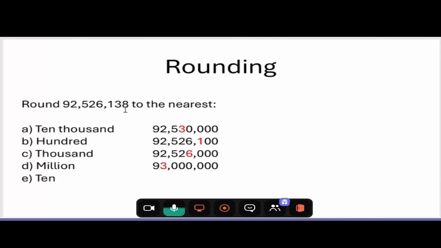Finally, let's round to the nearest 10. So we look in the tens place, is the 3. We're going to look only at the digit after it. Everything else becomes a 0, but there is nothing else there. It's 5 or above, so that 3 rounds up to a 4, and everything after the 4 becomes a 0,